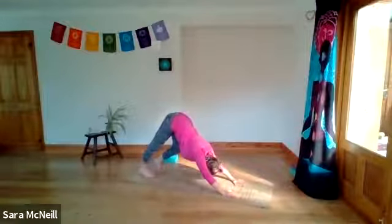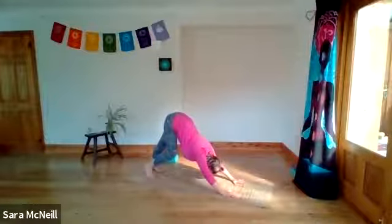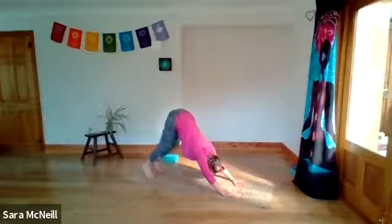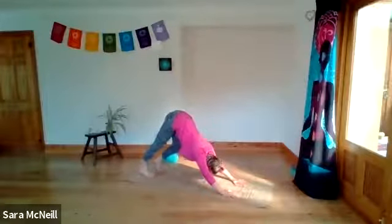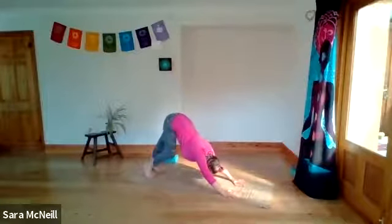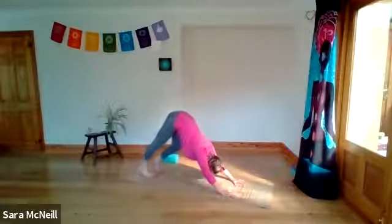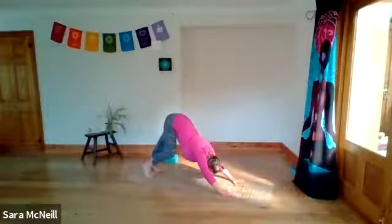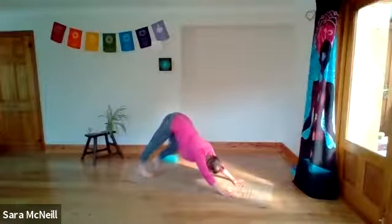and that will help to alleviate a sense of dizziness. Then we're going to ease one heel towards the mat as we lengthen that leg, and then bend that knee and ease the opposite heel towards the mat. So think about tipping your tailbone up towards the ceiling and lengthening through one leg at a time, walking your dog, walking from side to side with your legs. Your weight is not all in your hands,